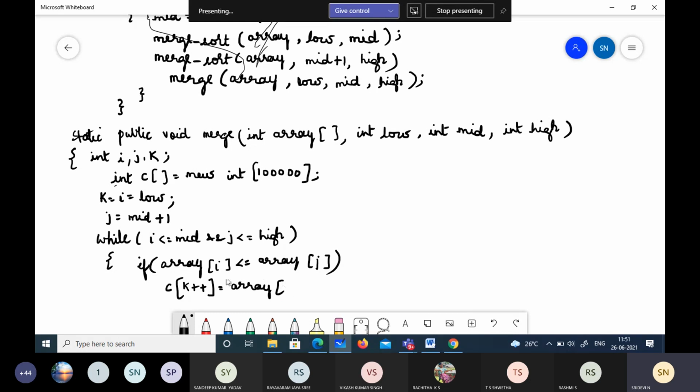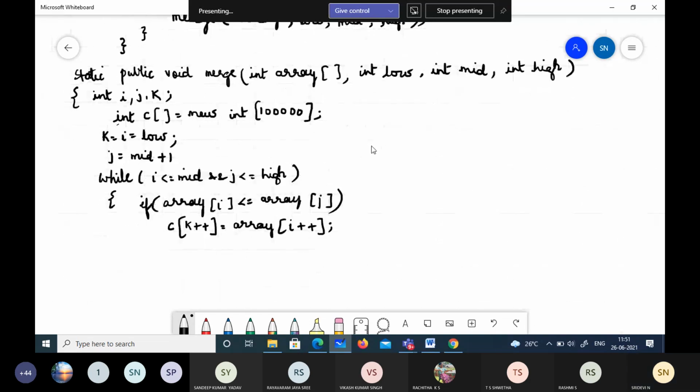If this is true, i is smaller, isn't it? Thus, I am incrementing so that after copying it, both will go to the next position. Else, on the other hand, if it is smaller, it's very obvious that we have to copy array of j. That's it. It's not that tough, isn't it?